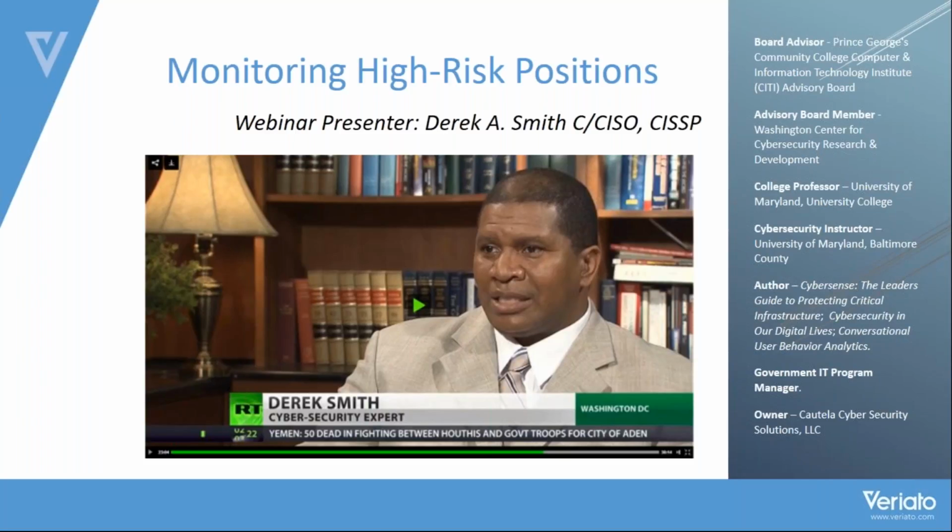Now, these UBA solutions use a combination of analytic approaches, including rule-based and pattern matching and statistical methods and all this other sciencey kind of stuff, and in some cases even supervised and unsupervised machine learning. It establishes a baseline of how people typically use networks and devices, and then it goes out and detects significant anomalies. Anomalies mean changes in that behavior,